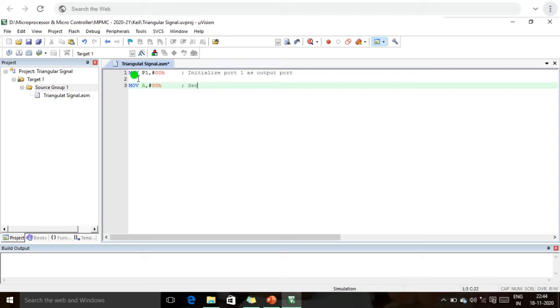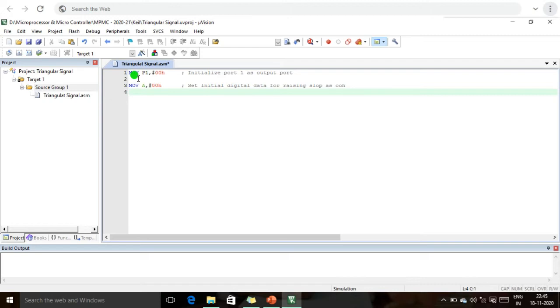Set initial digital data for rising slope as 00H. Okay, what is the next step?